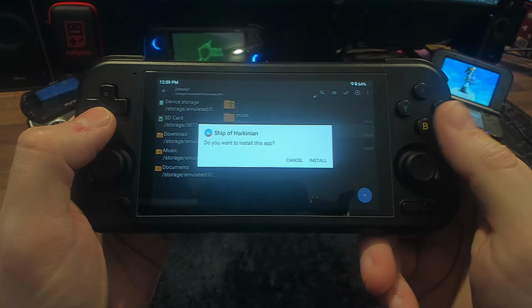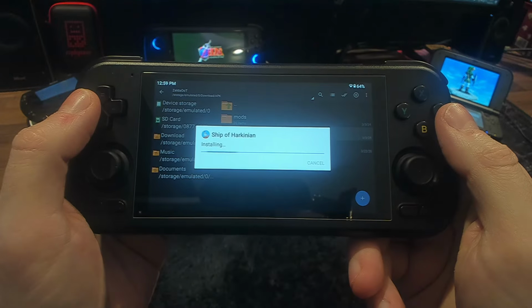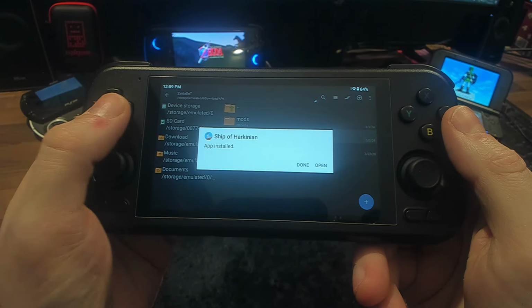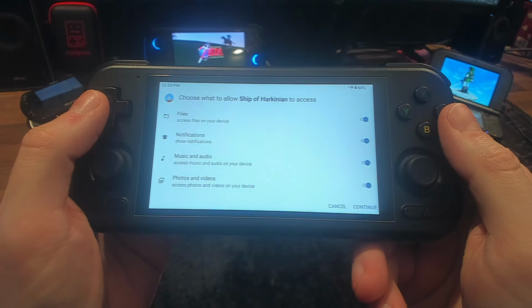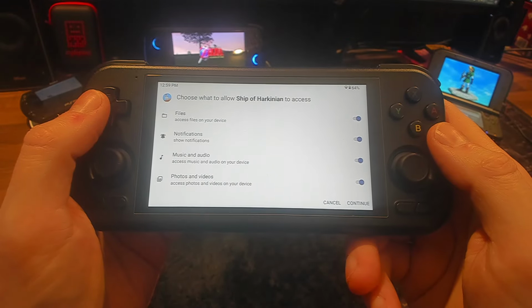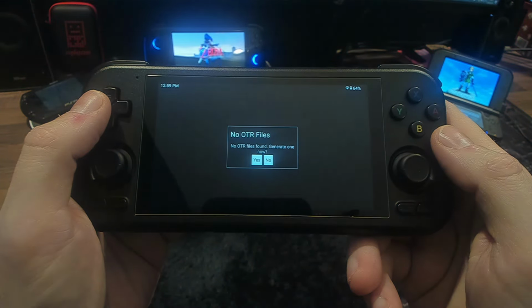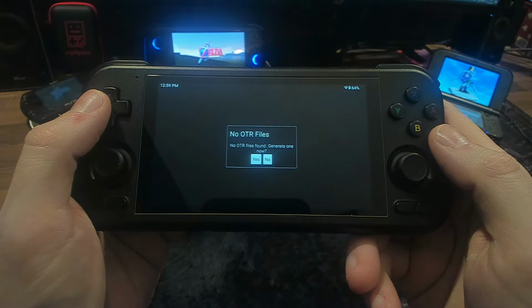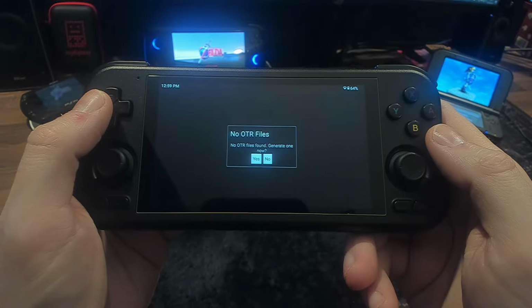It's called Ship of Harkinian. Don't know if I'm pronouncing that right. Strange name, but this is how we're going to play Zelda Ocarina of Time on our Android. As I install it on the Retro Pocket 4 Pro here, it's going to ask me if I want to give permission. I do. Now you're supposed to open this app and then restart it to get this screen here,